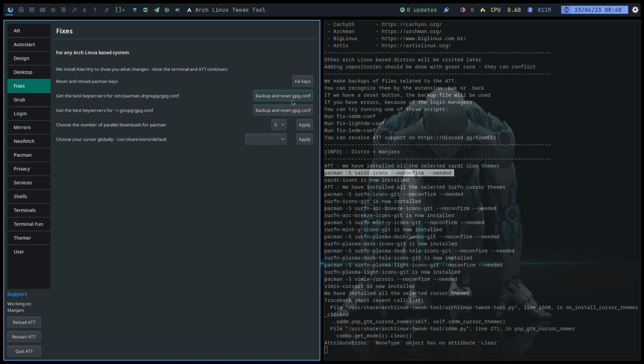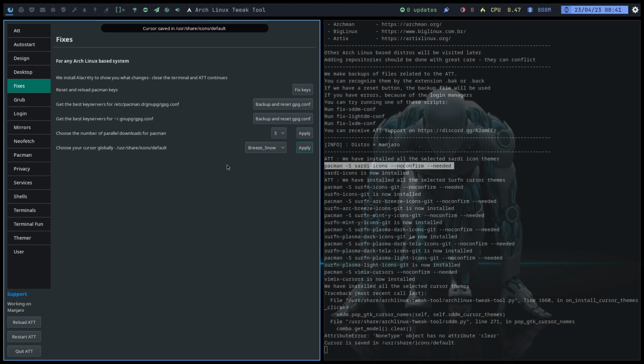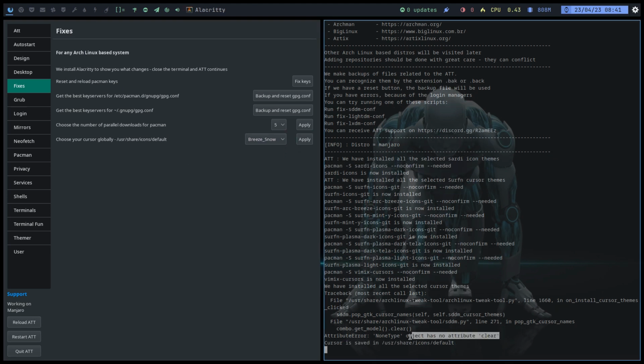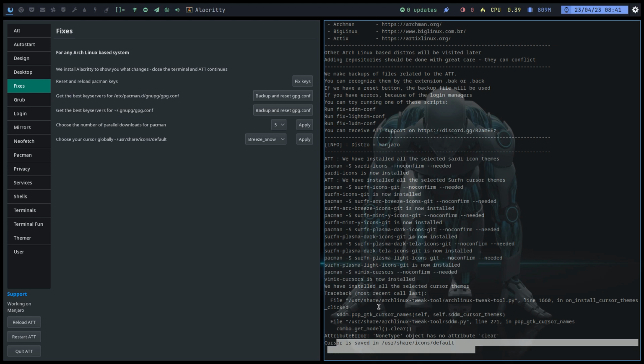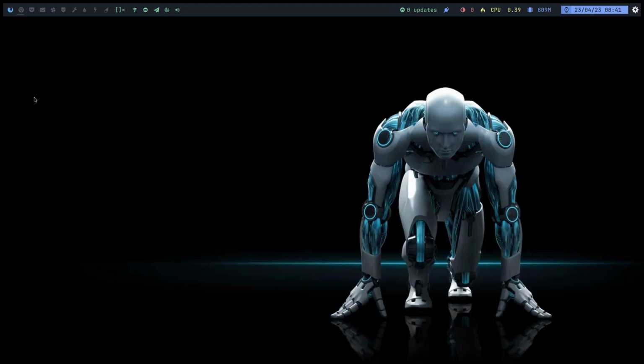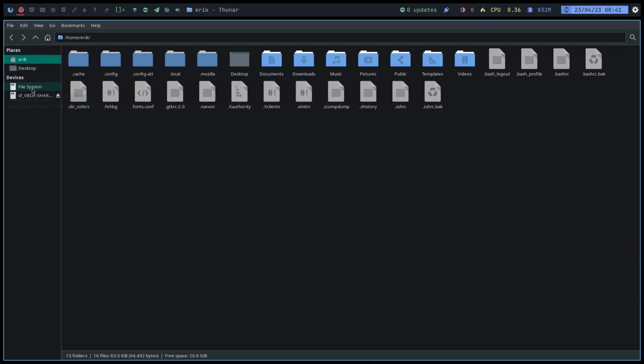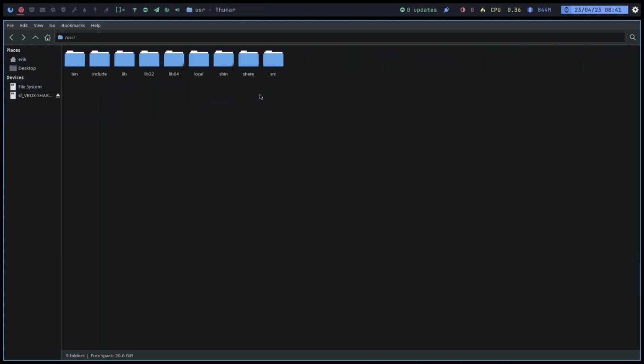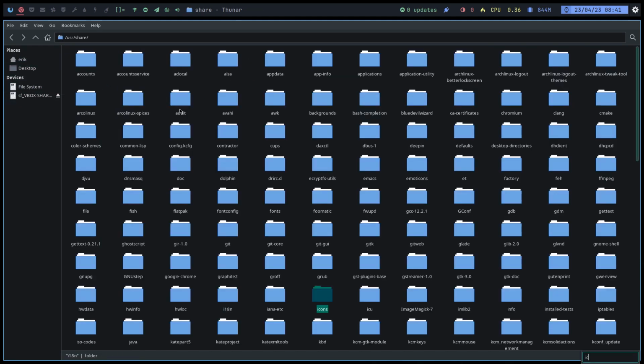If you think something is wrong with your gpg.conf, get the best key servers for both of them. And here's an icon that we can select globally. Breeze, no, apply. So you see here, there's a problem with get model clear and cursors pop up. Cursor is saved, it says, but if it's clear, I wonder what's in there. So etc to user share icons